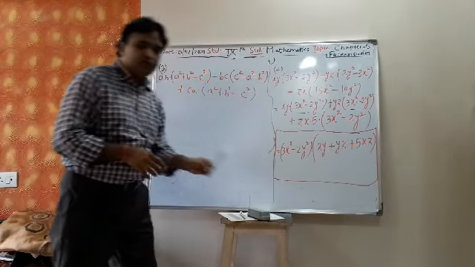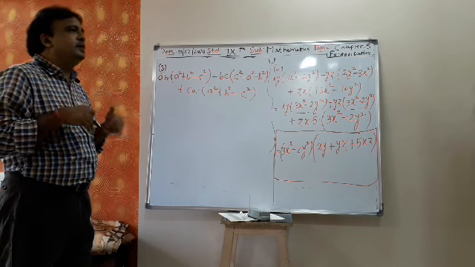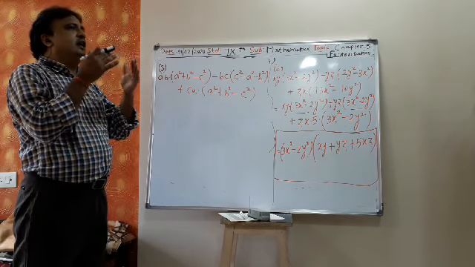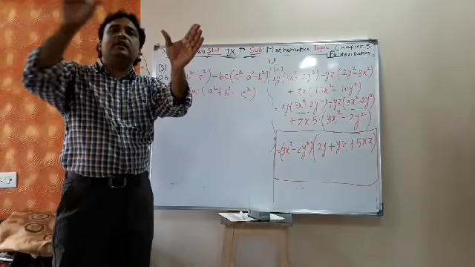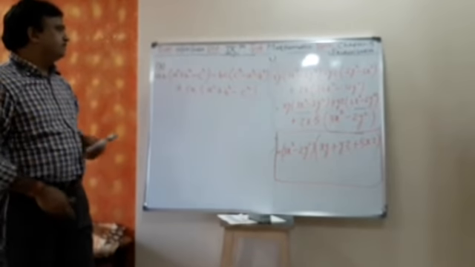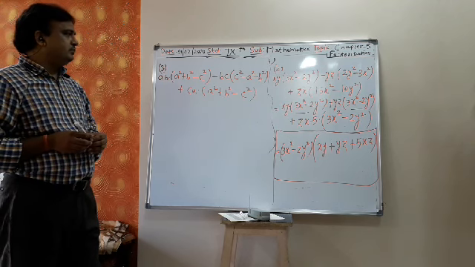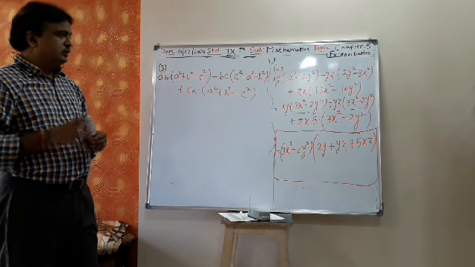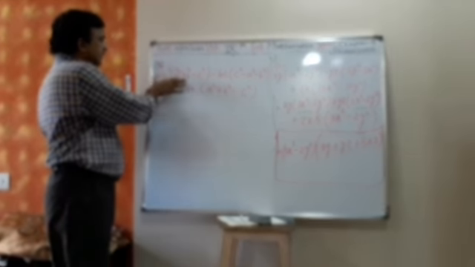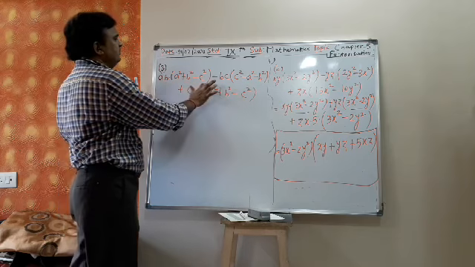First we have to apply the common factor method. In factorization, you have to identify how many terms are there, and after seeing how many terms are there, you have to find the common factor in all those terms. How many terms are there in the third? There are three terms. AB into a square plus b square minus c square is one term.